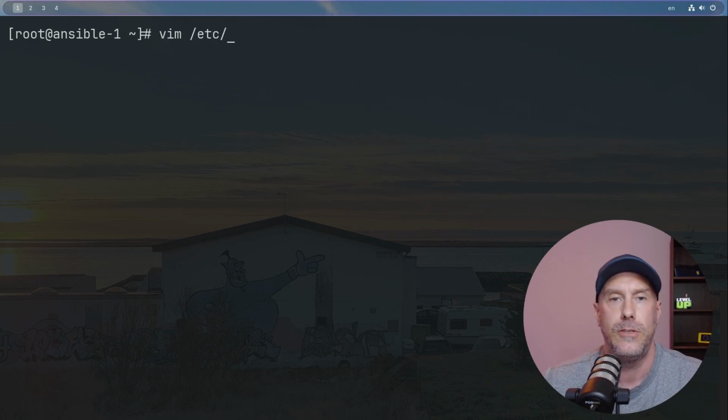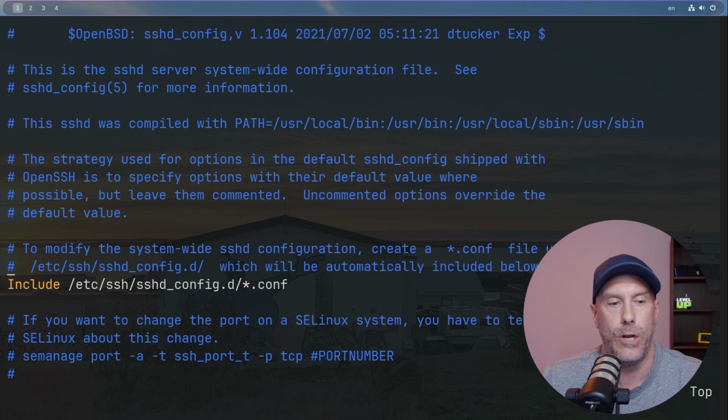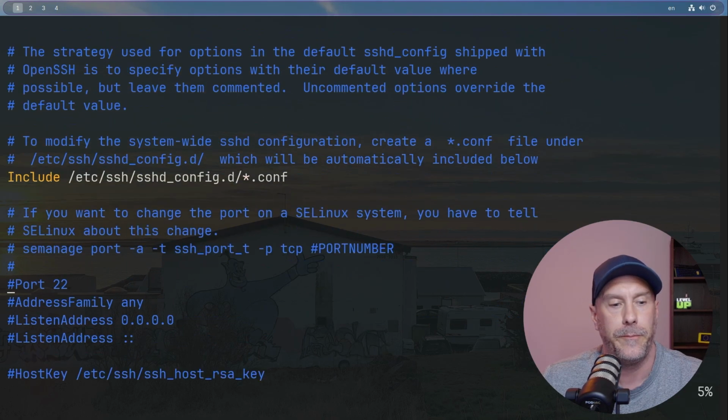Let's head over to /etc/ssh/sshd_config. This is the main config file for sshd. And let's jump to the beginning of time. Port 22. I would say if your machine is somehow exposed to the internet, accepting traffic for SSH, definitely change